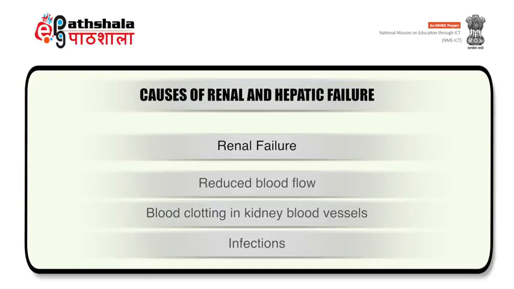More elaborately, when we see, we come to know that acute tubular necrosis, severe or sudden dehydration, toxic kidney injury, and autoimmune disease can lead to renal failure, and reduced blood flow can occur due to low blood pressure, burns, dehydration, hemorrhage, etc. The third was infection, which can be due to septicemia or acute pyelonephritis. So, what we have discussed just now were the causes of renal failure.